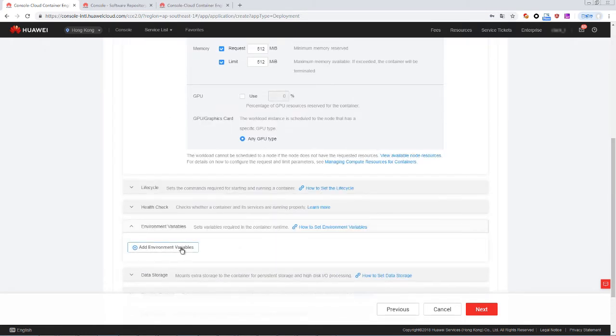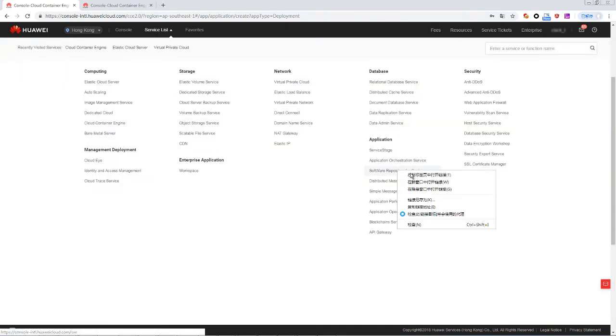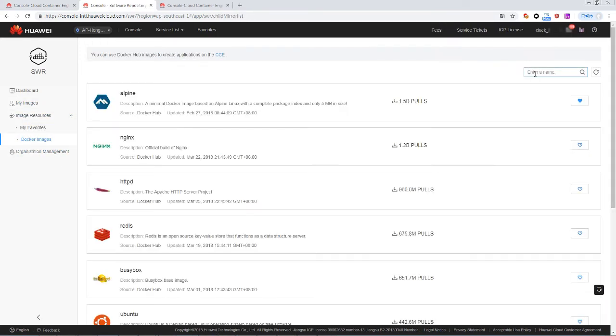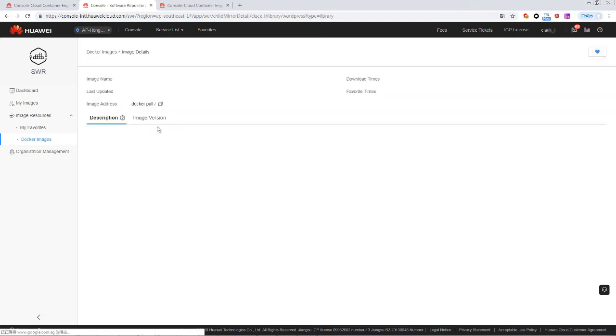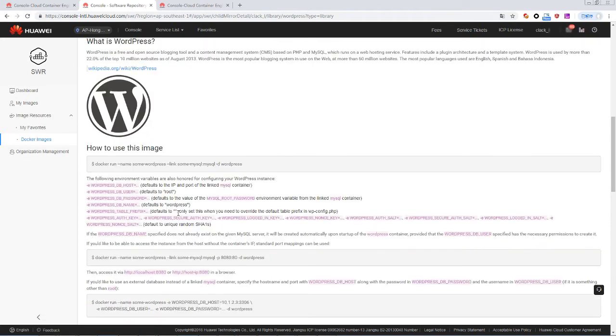Next, we need to know how to connect WordPress to MySQL. Go to the SWR service. In the navigation pane, choose Image Resource and then Docker Images. The WordPress image details page provides a guide to use this image. We can see that it uses 3 environment variables to connect to MySQL: WordPress DB host, WordPress DB user, WordPress